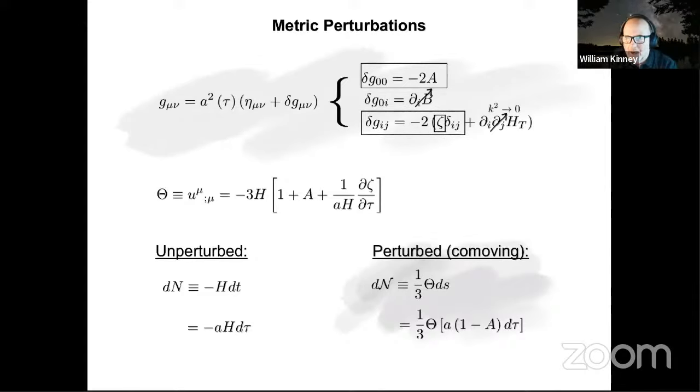And this guy right here is the thing I really care about. This is the thing I want to calculate, because that is the metric perturbation that sources CMB fluctuations and so on. That's my curvature perturbation. And my goal here is to come up with a quantum calculation of the value of that thing in an inflationary background. That is our goal today.